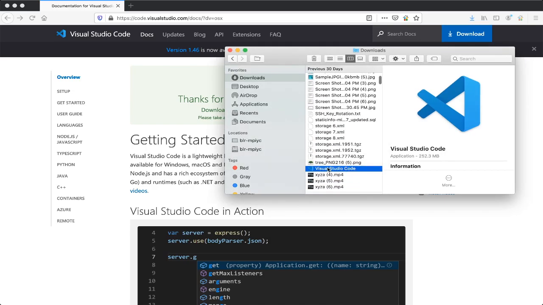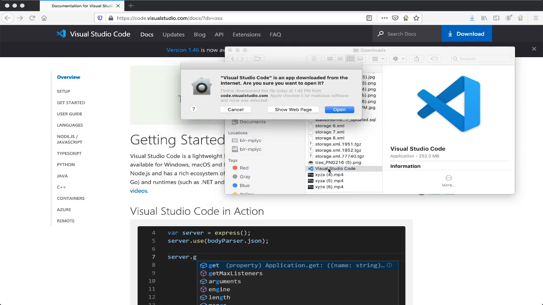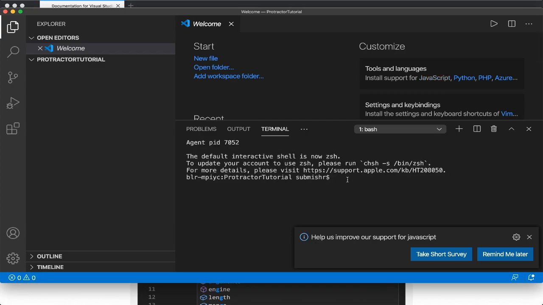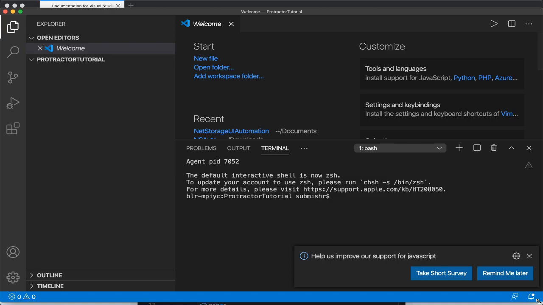Now we can see our Visual Studio Code. Double click on it, open. Now our Visual Studio Code is open.